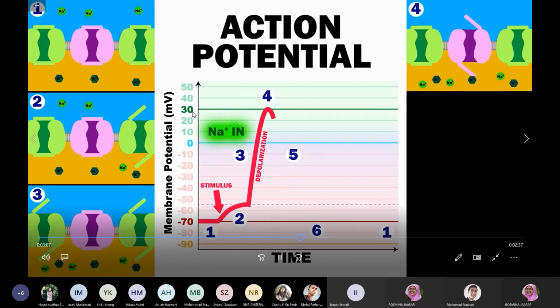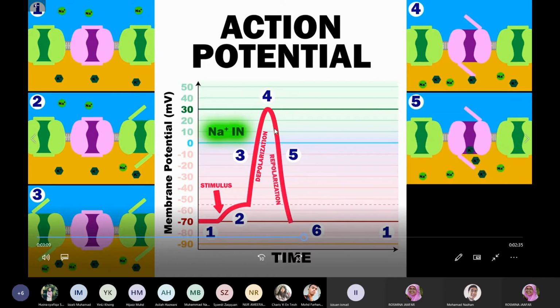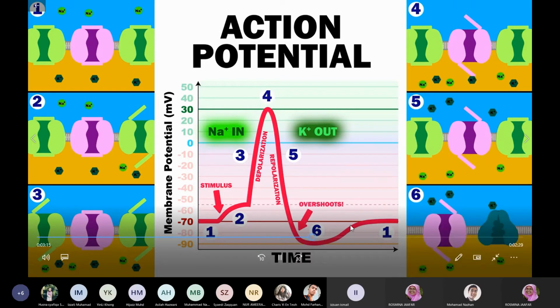From the maximum, it can be up to 30, 40 or 50, depending on individuals, and this phase is called repolarization, and the overshoot is actually hyperpolarization, and then it comes back to the resting potential, and the resting potential is always at negative 70 millivolts,